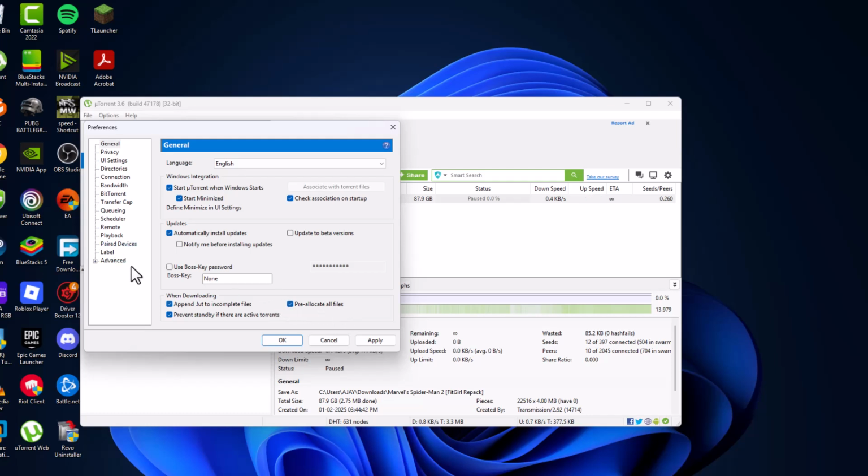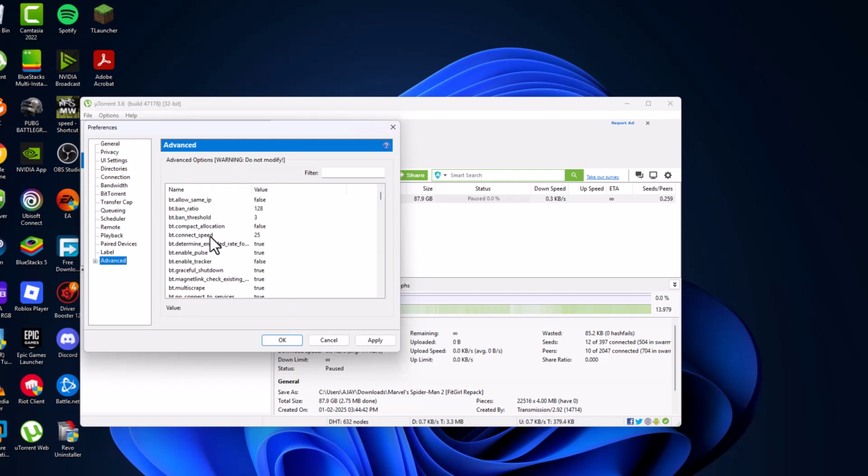check mark it, and go to advanced and in here find DHT rate. As you can see, DHT rate, set this rate to 2. After typing the value 2, select the set option. Now the DHT rate is set to 2, and now find RSS update interval. As you can see, RSS update interval, set this value to 20